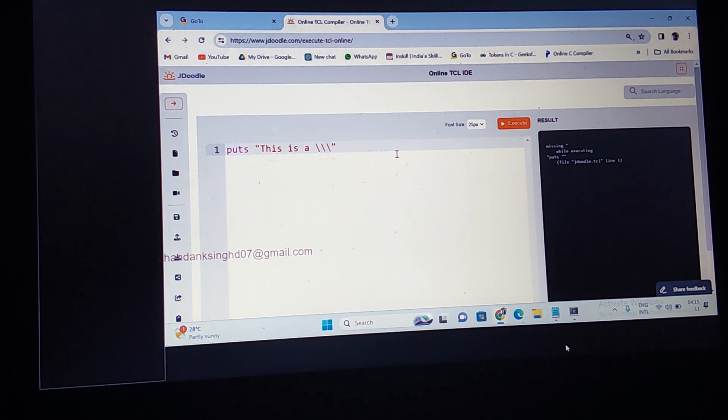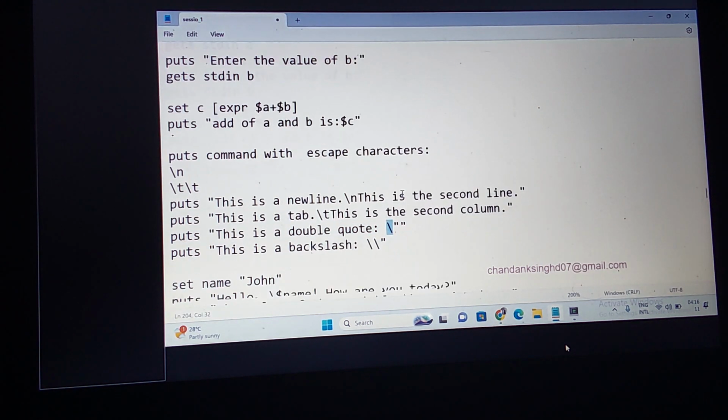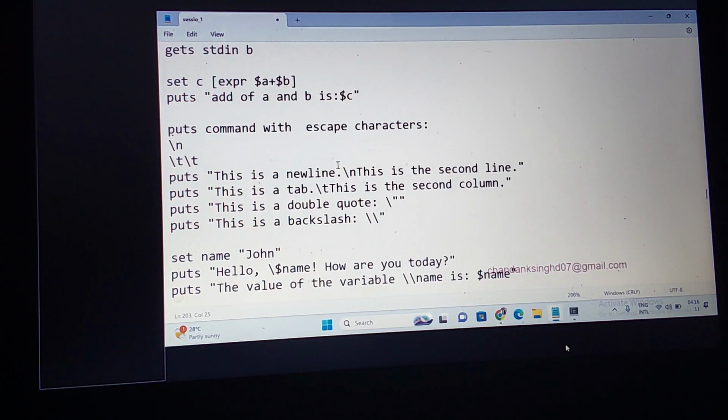There is a missing puts command. Okay, once again. This is the puts command I'm using. Now this is escaping what? Again, I should use two backward slashes here. Now this is escaped by this, and this is escaped by this. Now it is printing. This will be escaped by this backward slash first. This is escaped by what? This backward slash. To escape any special characters, you should use what? Backward slash. Are you understanding? So these are a few escape characters which we widely use in typical programming: backward slash n, backward slash t, backward slash single quote, double quote, backward slash, backward slash.